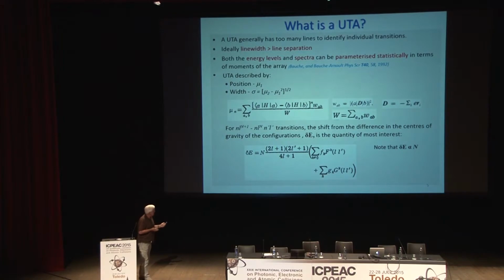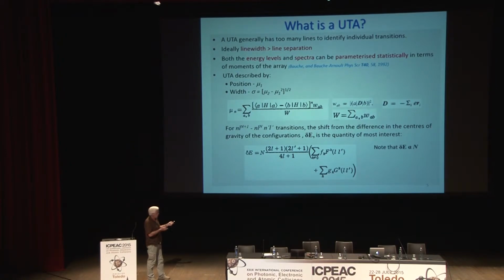And from an experimental point of view, the factor that's most interesting, in fact, is the shift of the position of the peak intensity of the array from the difference between the centers of gravity of the two arrays concerned. And that difference is determined by effectively the population. If you're looking at these kinds of transitions, the strongest arrays we're going to deal with are things like 4d to 4f. So N here is the occupancy of the 4d shell. So as the occupancy decreases, this term decreases. So you expect that the array will shift towards